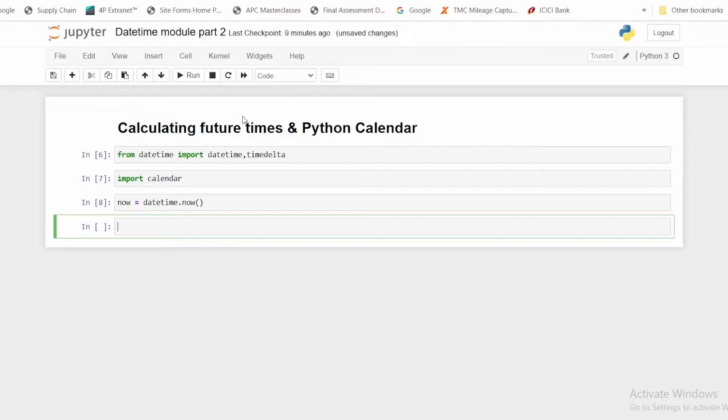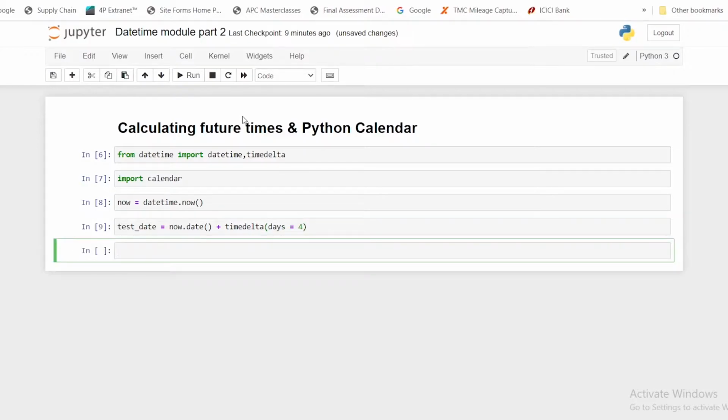So suppose you have a test date which is 4 days from now and you want to retrieve the date of that particular test date. So we're going to assign a variable test_date, and we're going to use now.date() plus timedelta, so days equal to 4. So when you print test_date,